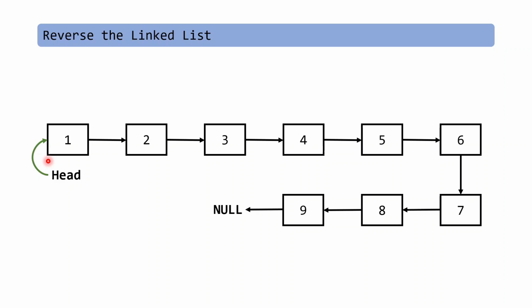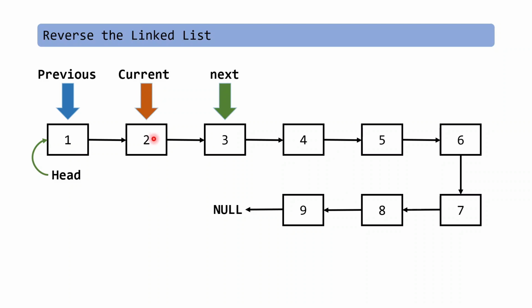So what I will do here is I will create 3 pointers. The first one is the previous pointer, which is at the first node, the node which the head pointer points to, and then the current pointer which is at the second node, and then the next pointer which is at the third node, like this. And as we can see, the pointer of the last node is equal to null.